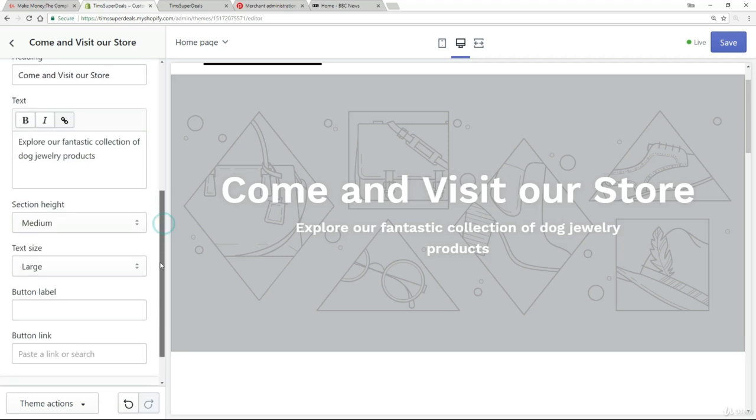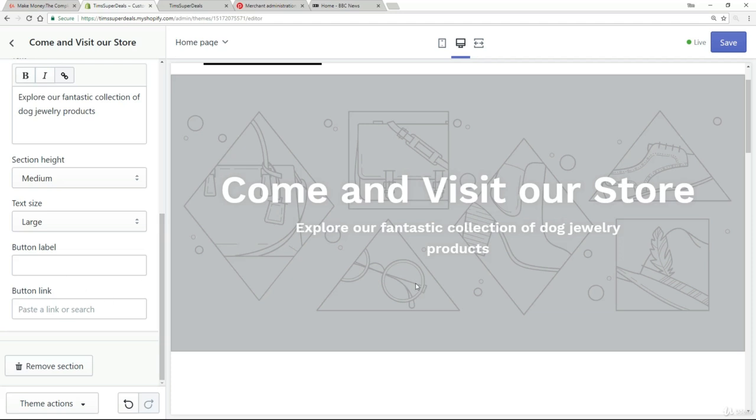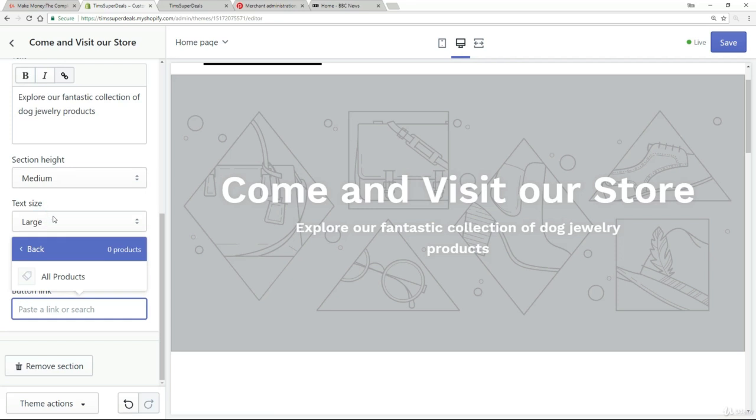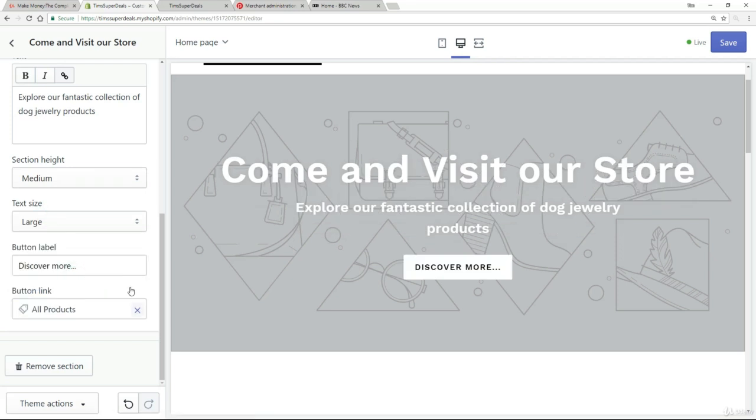And then what I'm going to do is come down here a little bit and create a button. All right, so here in this button label, I'm going to type in "Discover more". And then the button link itself, I will just link to the products page, all products at the moment. Okay, something like that. So you can see, how long was that? I probably spent about a minute, if not less, where I've changed the main title to "Come and visit our store". I've now got a nice little subheading here, "Explore our fantastic collection of dog jewelry products", and a